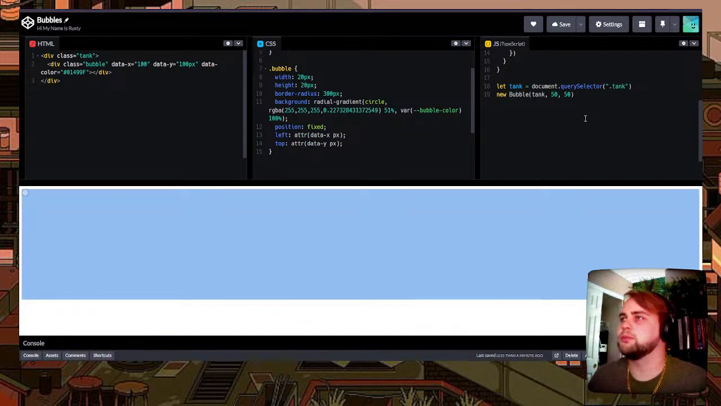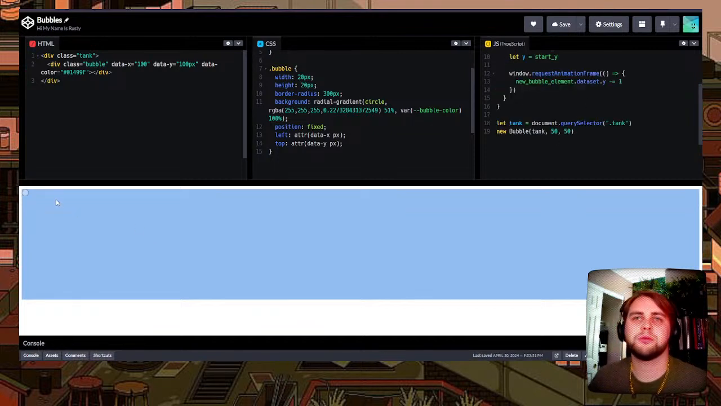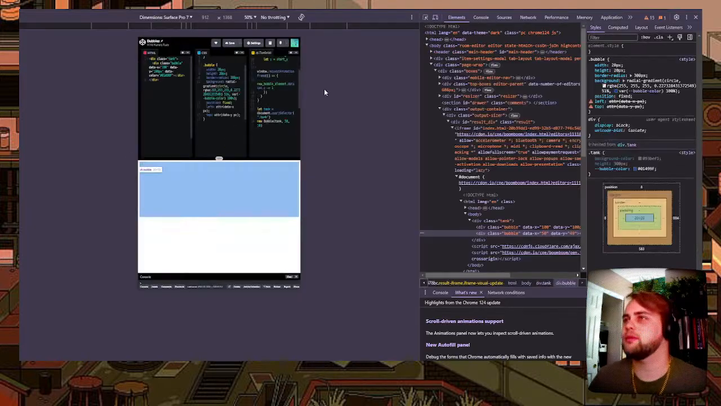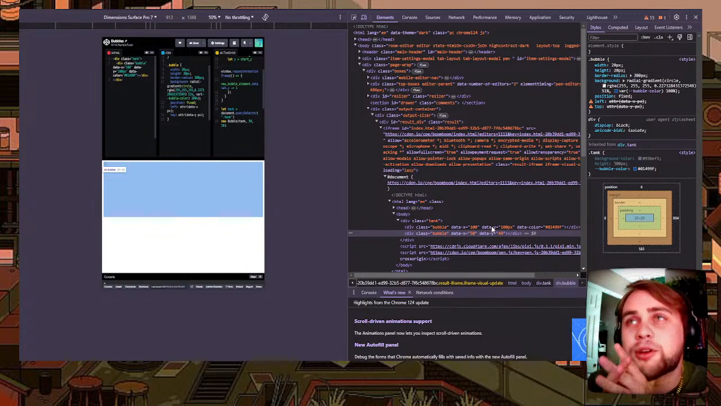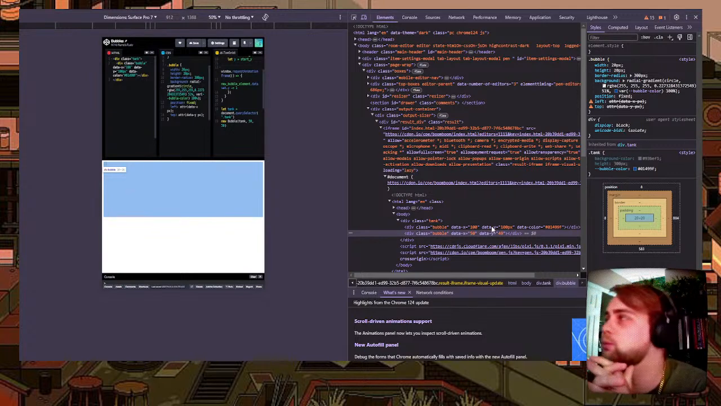We're able to create multiple bubbles, but I don't know what happens if I inspect it. So we got two bubbles, one at 50, one at that, and that's counting down. And so that's good. So our request animation frame worked. We moved it down by 1. However,